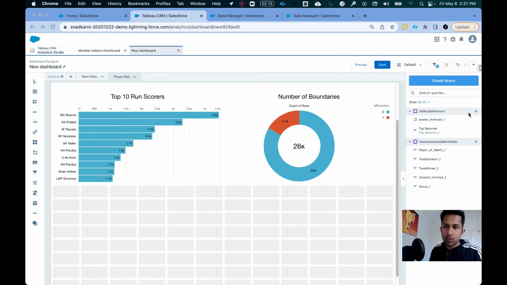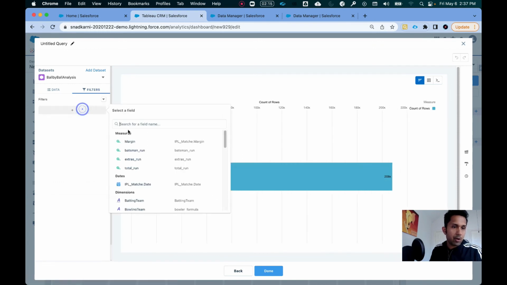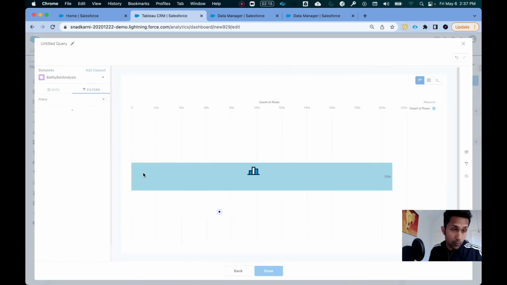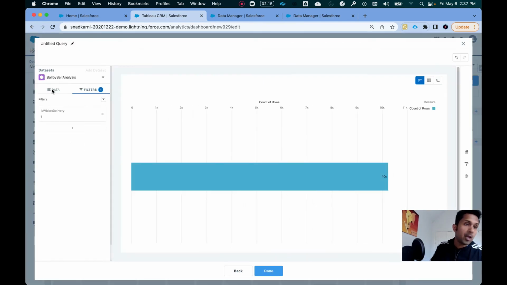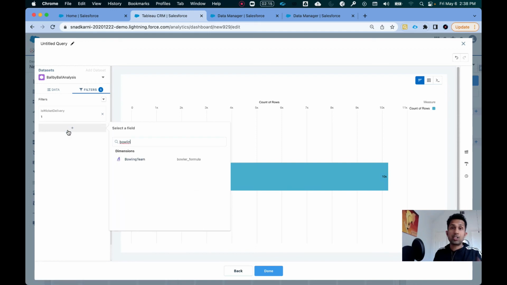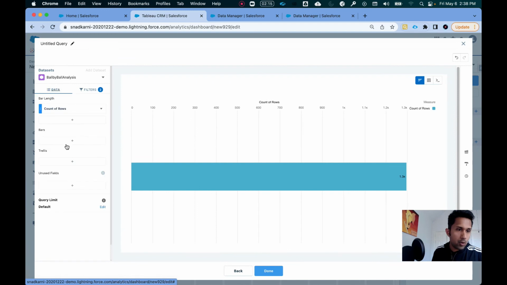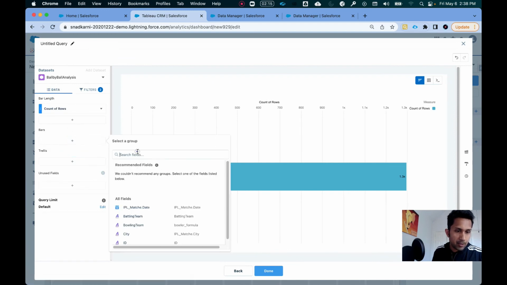So again, we're going to use the ball by ball analysis. So I'm going to click here. We have a column called is wicket delivery. So we want is wicket equal to 1. We also want the bowling team. This was a calculated dimension that we created using recipes. So bowling team equal to Mumbai. All right. We want to group this by, I believe we have a bowler here,